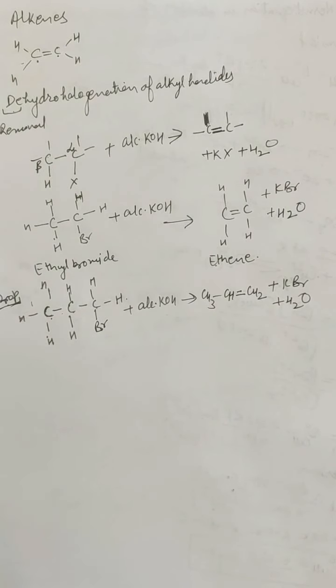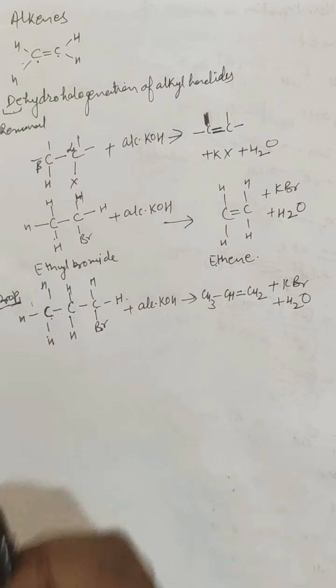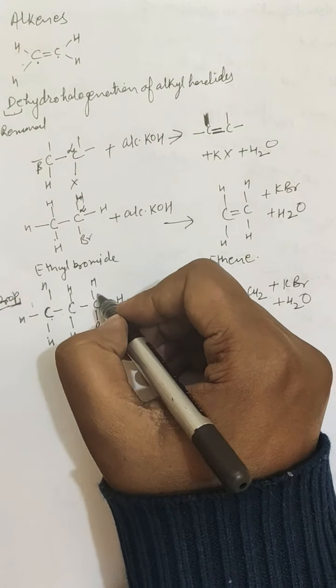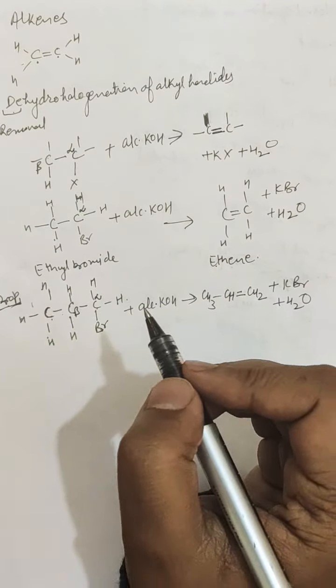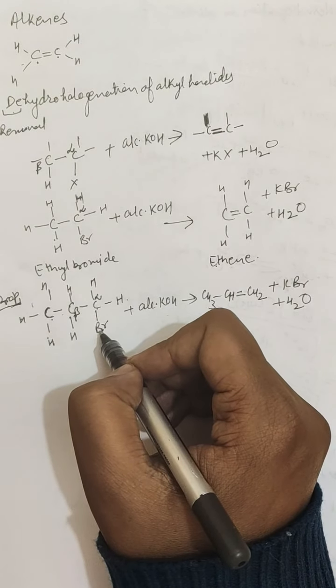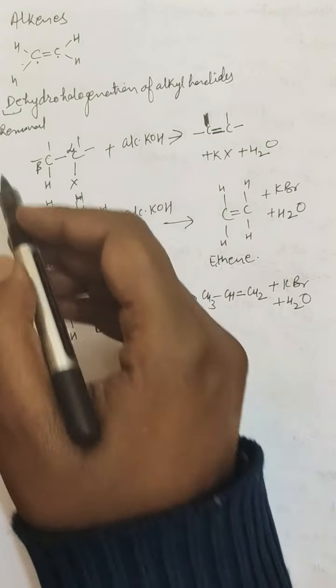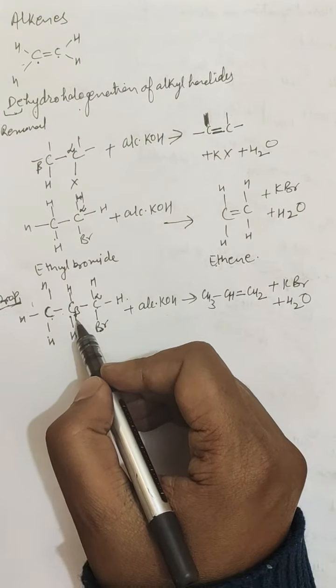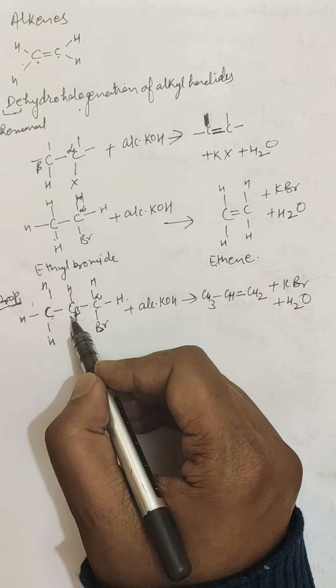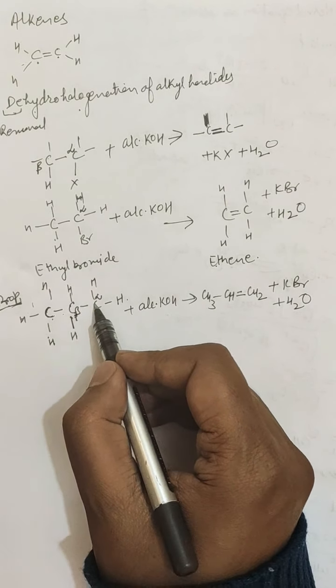The reaction is an example of 1,2 elimination, involving elimination of a halogen atom and of a hydrogen atom from the beta carbon adjacent to the one losing the halogen. So this is called 1,2 elimination because the carbon on which the heteroatom is present is called alpha carbon and the carbon adjacent to it is called beta carbon. So the halogen and hydrogen both are removed, that is dehydrohalogenation. So this is called 1,2 elimination because both the removed groups are present on the first and second carbon.